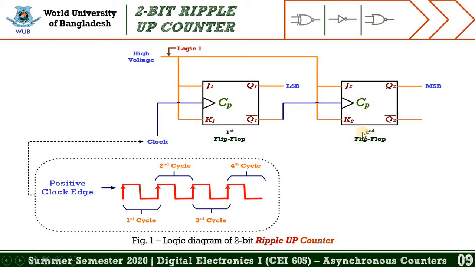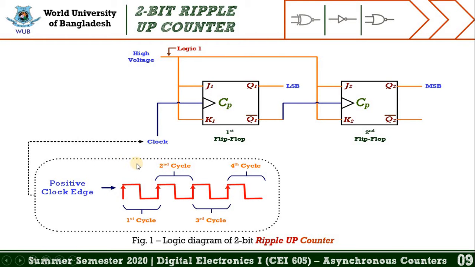And for the second flip-flop, you may notice from the figure that the clock pulse is one of the complement outputs, or you can say the second output of the first flip-flop, which is symbolized by Q1 bar. Both flip-flops' inputs are always activated, or you can say high, or logic 1. And if you look at the bottom of this figure,